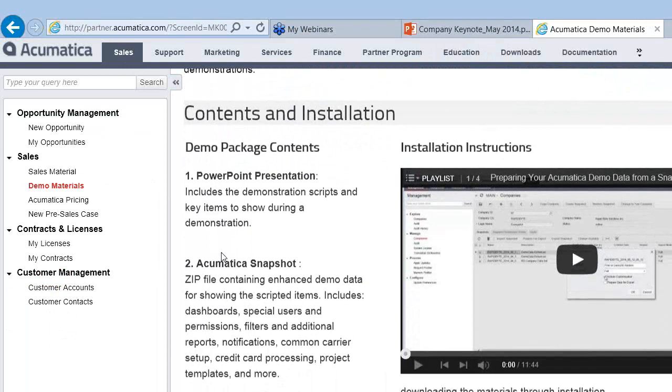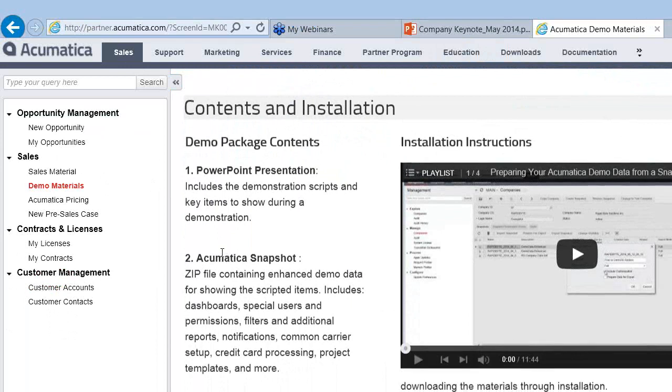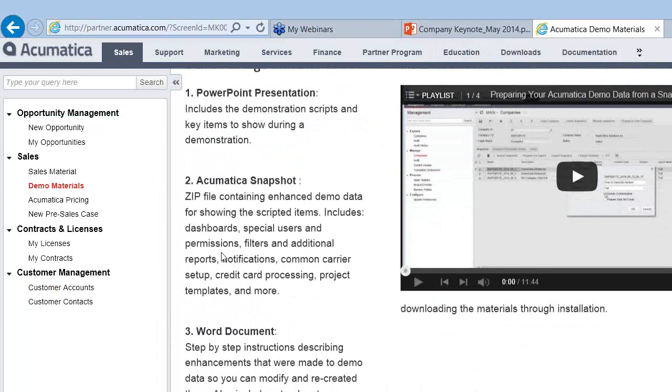So there's a PowerPoint presentation, there's an Acumatica snapshot, and you'll all be aware of the fact that with Acumatica you can create snapshots of the data, and it's very easy to export and import those. So there is an Acumatica snapshot, which is a zip file which contains the enhanced demo data, which includes some dashboards, some special users and permissions, filters and additional reports, notifications, credit card processing, project templates, and a whole bunch more. Plus there's a Word document with step-by-step instructions that describe those enhancements that have been created so that you can modify and recreate them,